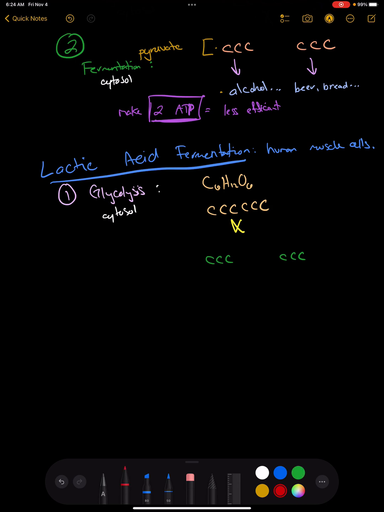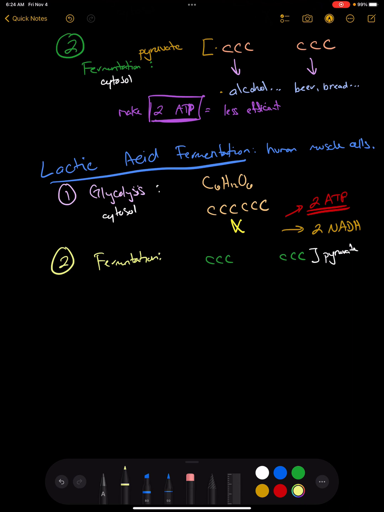What's important about this is that when I break him, I get 2 ATPs. That's what I want because that is the energy source. I'm also going to get 2 NADHs, but I don't get to do a lot with him because I don't have oxygen to accept his electrons anymore. And then as a result, I get to make these 2 guys. Don't forget, these are my pyruvates. So now I get to go on to my next step, which is